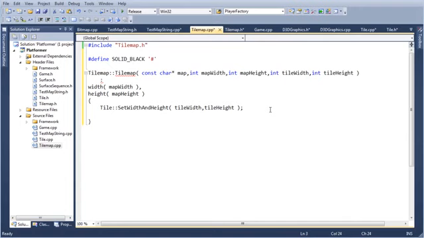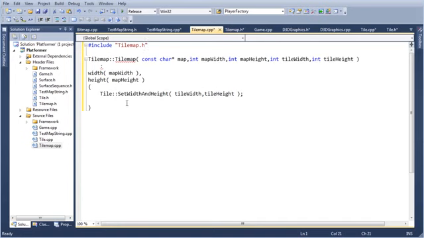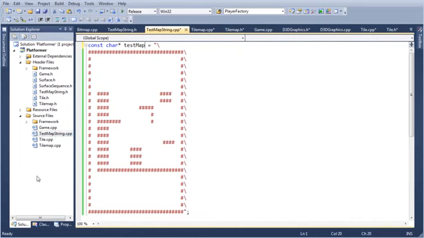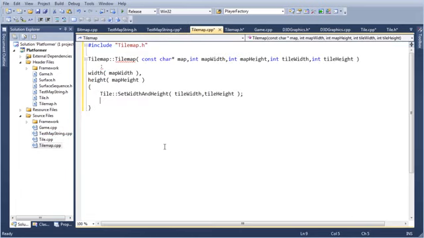Do I want to do it that way? I'm gonna say forget the define. I don't want to use that because I think without the define it'll be easier to read the code. You'll get what I'm saying in a moment. We need to load in this tile map. We're gonna parse the string. So basically what we do is we go for int y equals 0, as long as y is less than map height, y plus plus.